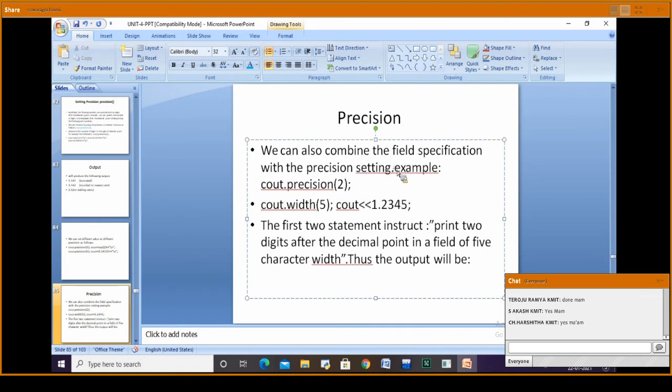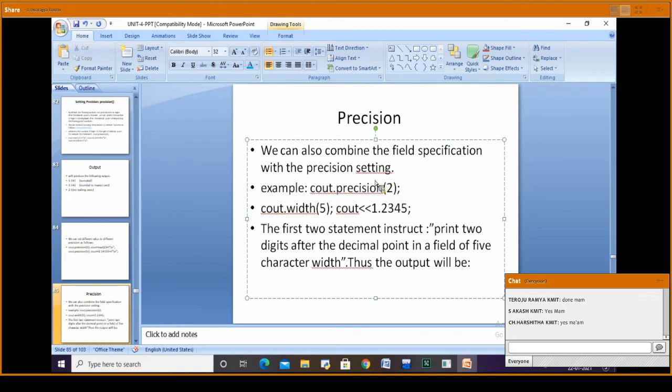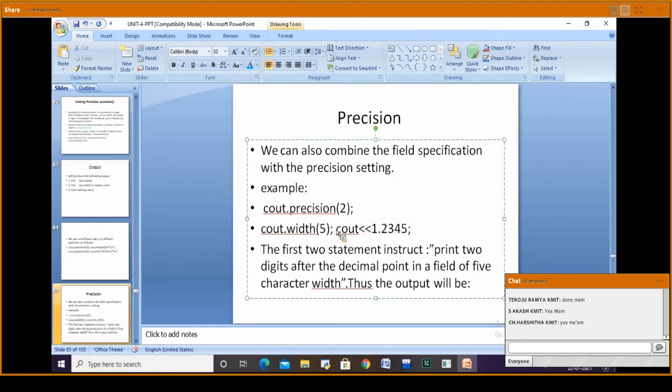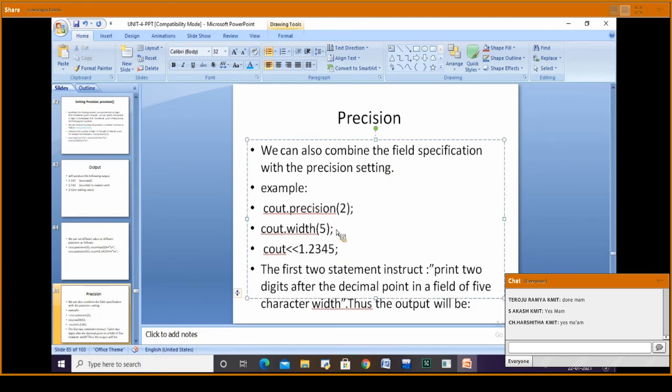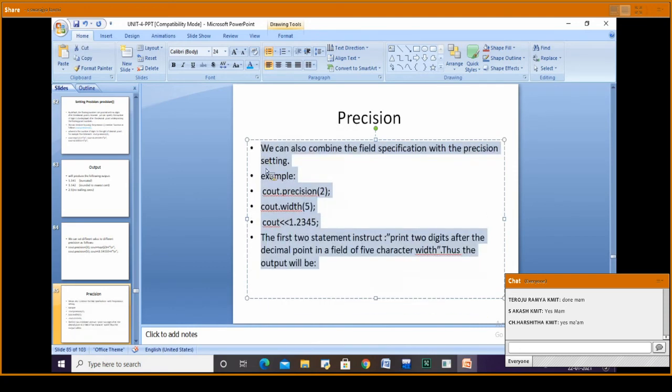Precision setting: here we have cout dot precision of 2, and cout dot width of 5, and then cout of 1.2345. Let us see what it will print here. Can you tell what happens?